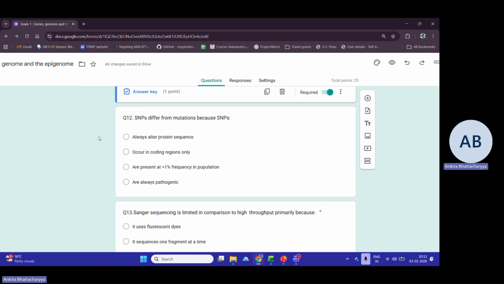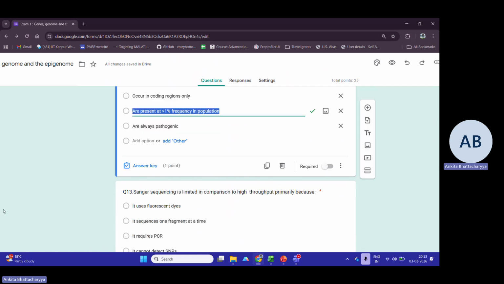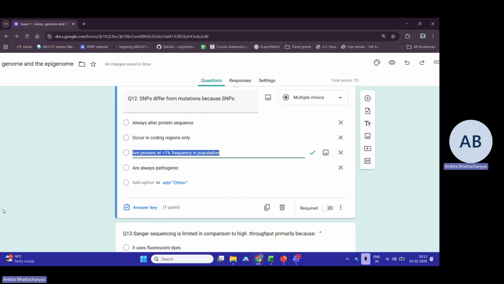Then you have SNPs, or single nucleotide polymorphisms. They differ from mutations because of which of the following? Because SNPs always alter the protein coding sequence? Do they occur in coding regions only? They are present at approximately 1% frequency in the population or less than that? Or they're always pathogenic? So the answer in this case is that their frequency in the population distinguishes them from